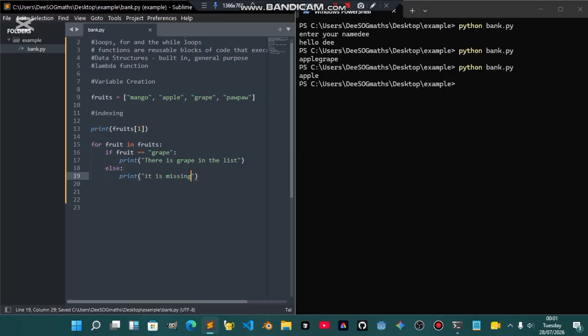So what are we trying to do? We're saying for fruit in fruits, if fruit is equals to grape. So we are trying to iterate. Now, the first one should check mango, which is the first fruit. Mango is not equals to grape, so it's not going to print anything, because we didn't check for mango. We are only checking if fruit is equals to grape. When it doesn't see anything, it's going to move to the next one, say apple. When it sees grape, it's going to print there is grape in the list. So if we run this